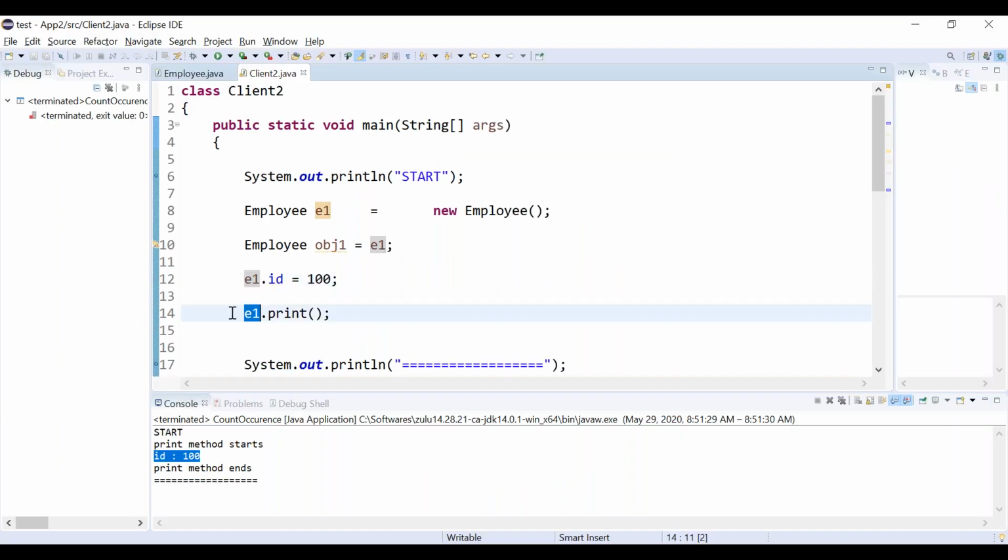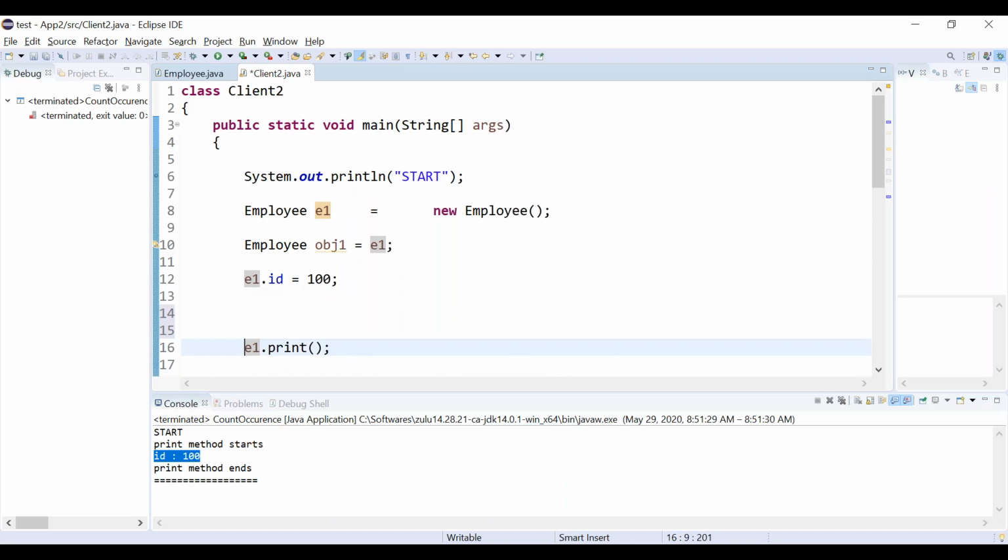Let me move this. Let me take that print statement before. For understanding purposes, I am just printing e1.id. What should be the output? Let's run it.